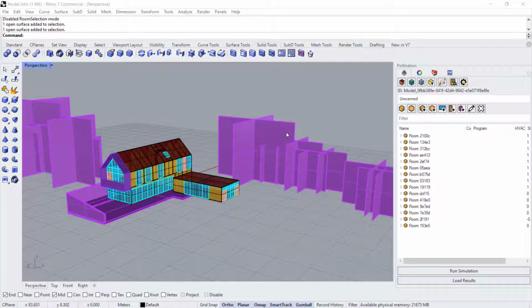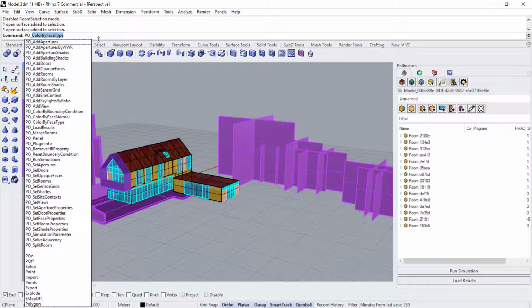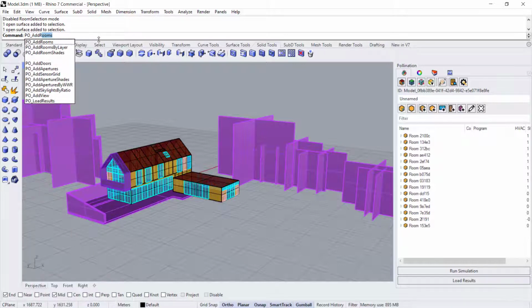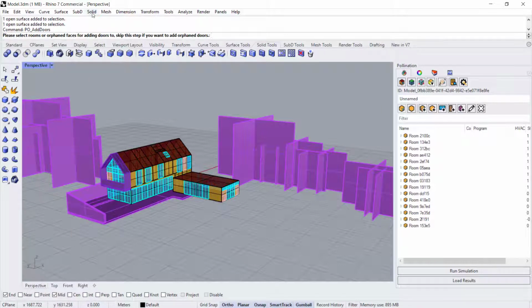Welcome back. Now that we've added windows and we've assigned our rooms, let's add some doors. So again, there's two ways. You can type in the command line PO_add doors, or you can add them by clicking on the icon in the panel. So we can click on new door,